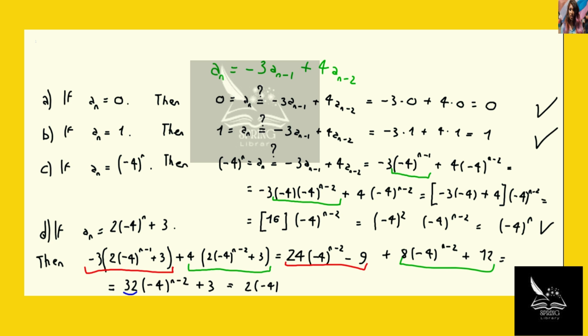So we write this as twice (-4)^2, which is just a different expression for 32, times (-4)^{n-2} plus 3. But now again, this becomes twice (-4)^n plus 3, which is in fact a_n. And so this is very